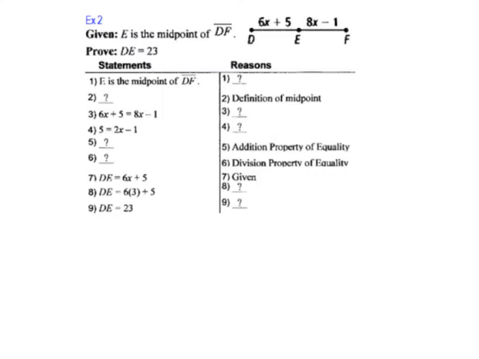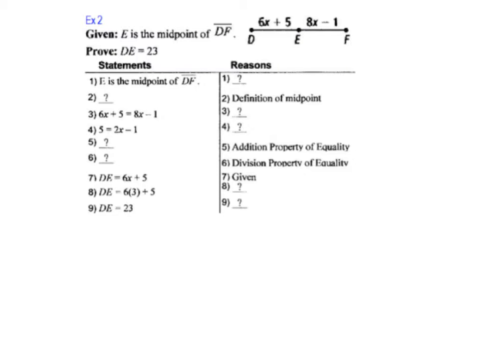Today we're going to learn geometric proofs by looking at a couple examples. So the first thing you want to do whenever looking at a proof is look at your given. The given is E is the midpoint of DF. So let's just refresh our minds on what a midpoint is. A midpoint is literally the middle point of a segment. So if you have a midpoint, that just means these two sides are going to be equal and things like